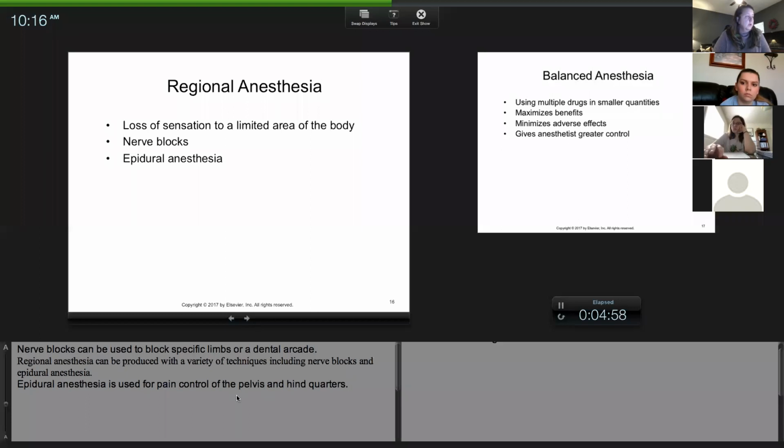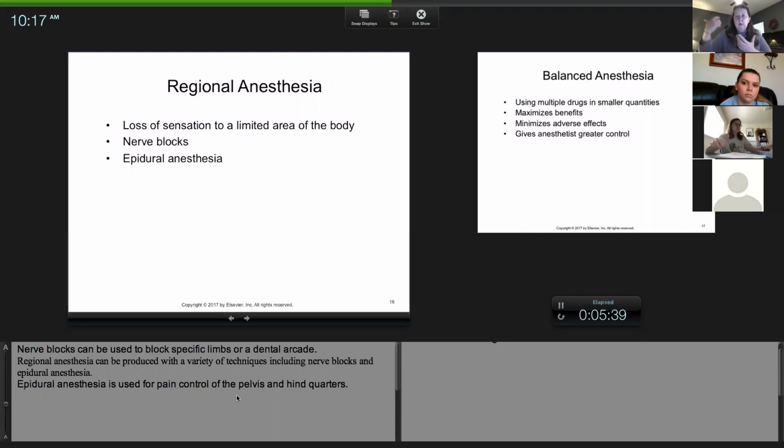Regional, this is when you're blocking a nerve root, or a nerve block. Like I said, when I had to have a root canal and work done on a tooth, they put an infiltrate here, but it blocked the root of a nerve, so it blocked all the nerve endings going back. If they deposit a large amount of numbing agent at the region of a nerve root, it's going to numb a bigger region. So regional anesthesia is just blocking nerves in a region: the flank of a cow, the roots of the dental arcade,